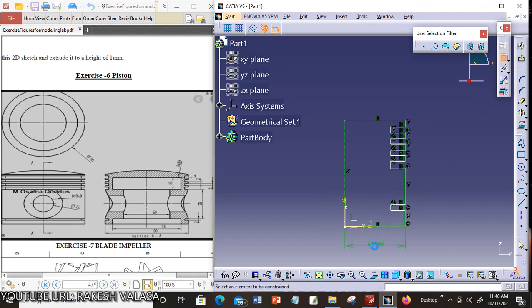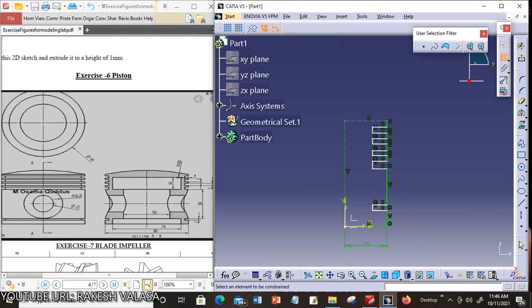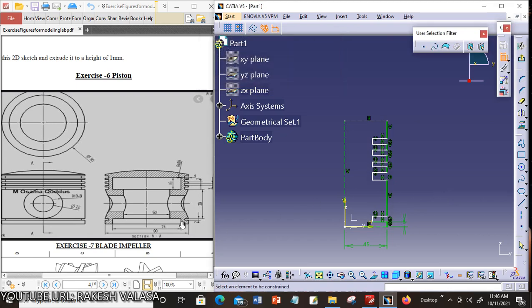Next, give the dimensions. The horizontal dimension is 90 by 2, that is 45 mm. Next, here the bottom height is not given, so you can assume 5 mm. This is the 5 mm. Next, this groove depth is 3 mm.